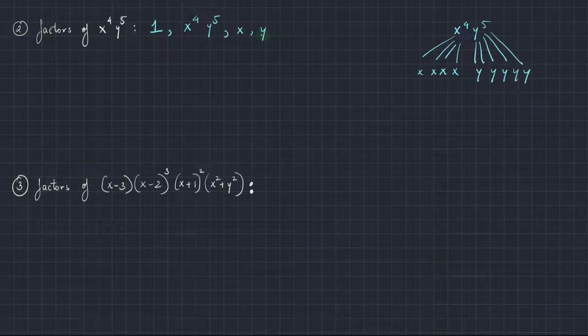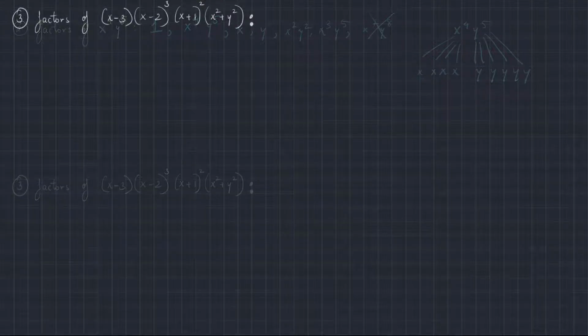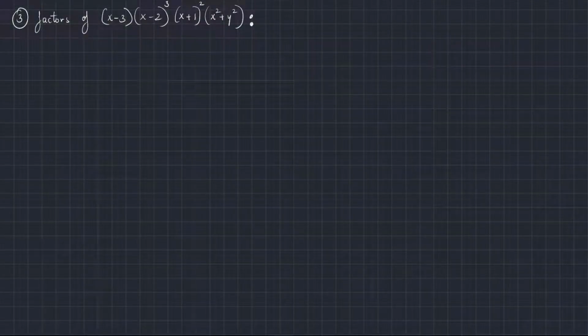The other factors can be obtained by coming up with a combination of these two irreducible factors. For example, x squared y squared, x cubed y to the 5. Remember that we should not repeat a factor more than it is already repeated in this tree. So we cannot go like, for example, x to the 7, y to the 8. This would be incorrect.